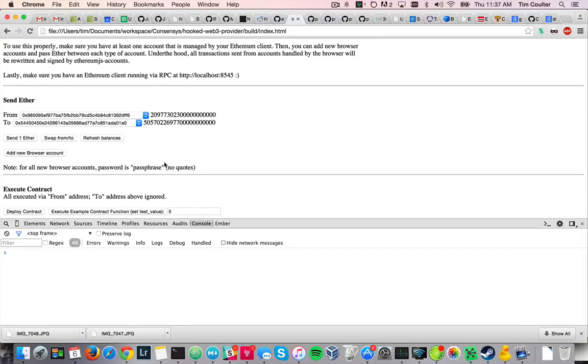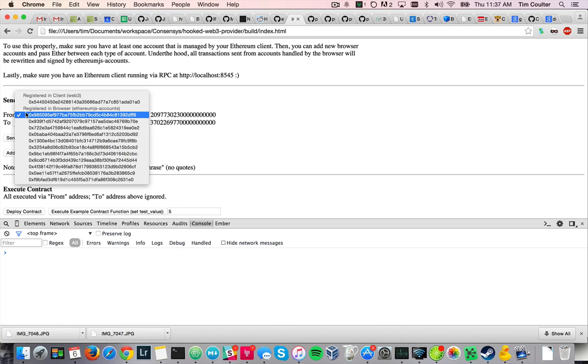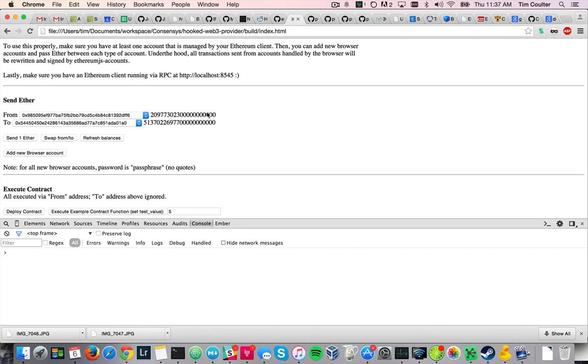All right, guys, I think I fixed the nonce issue. I wanted to show you in action. So if you remember, the nonce issue was when you send a transaction from an in-browser account, that transaction goes